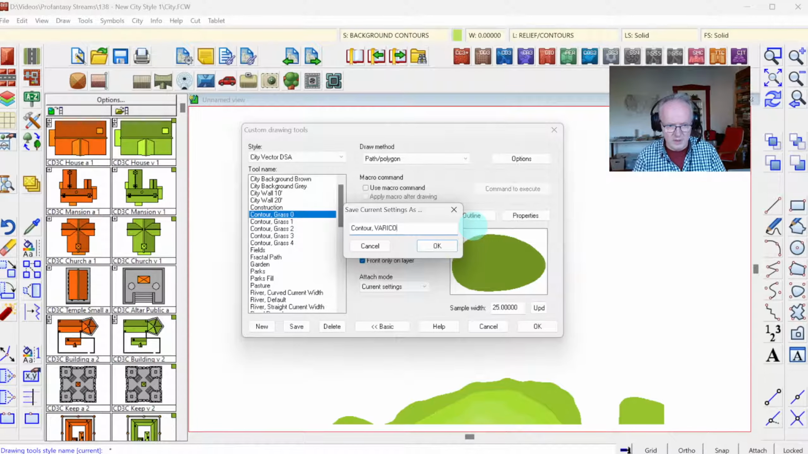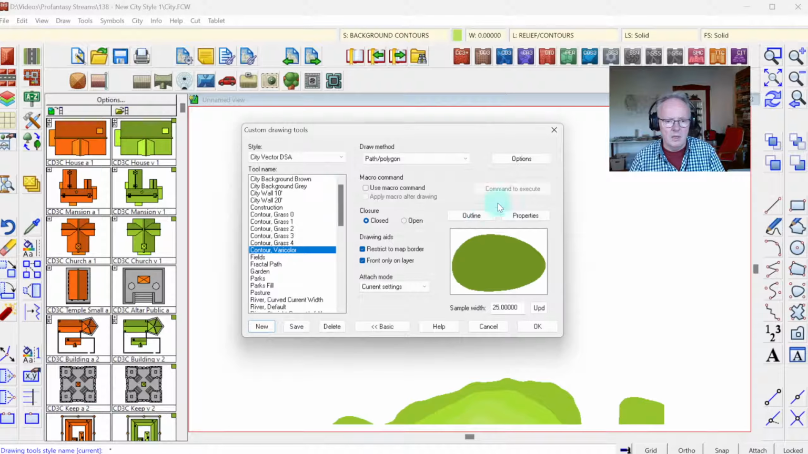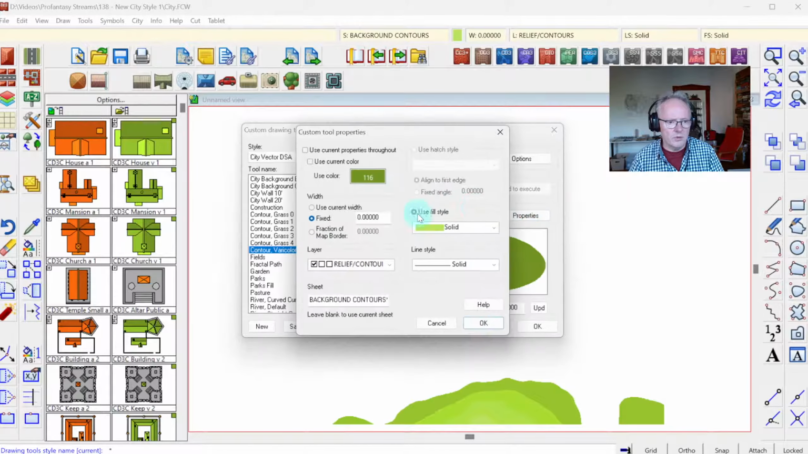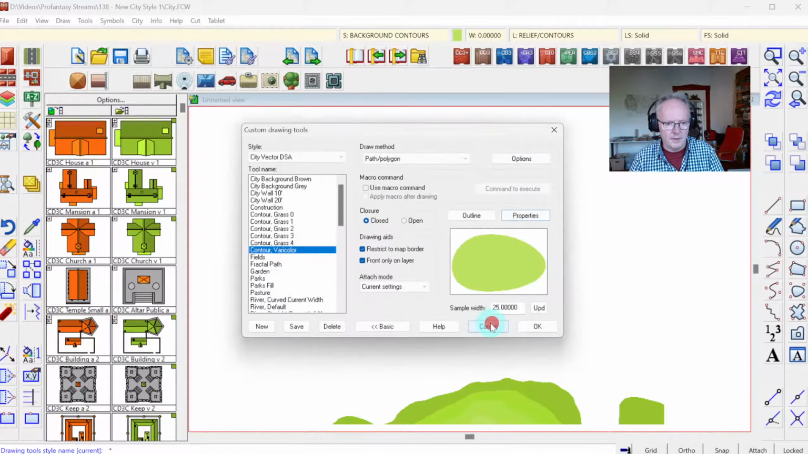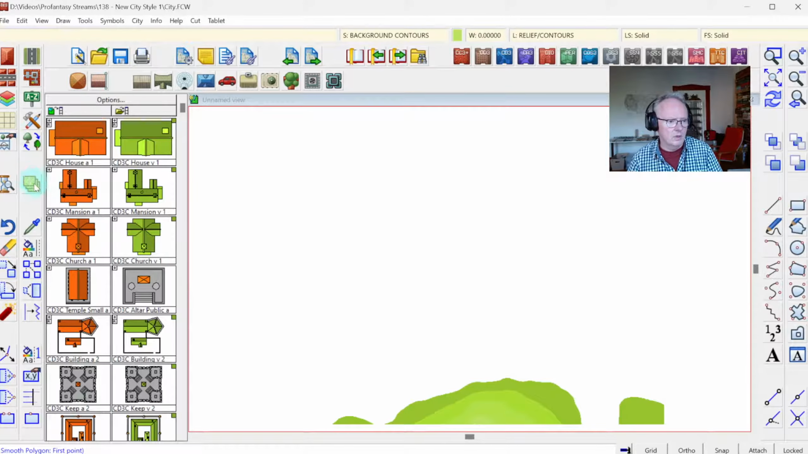And then what I'm also gonna set up here is a base vari-color contour, which has the same base properties like sheet and layer, but where you can simply set the current color to draw in, and do this by checking the use current color up here. And we can create other color variations later if we want them available straight from the list of drawing tools. Okay,